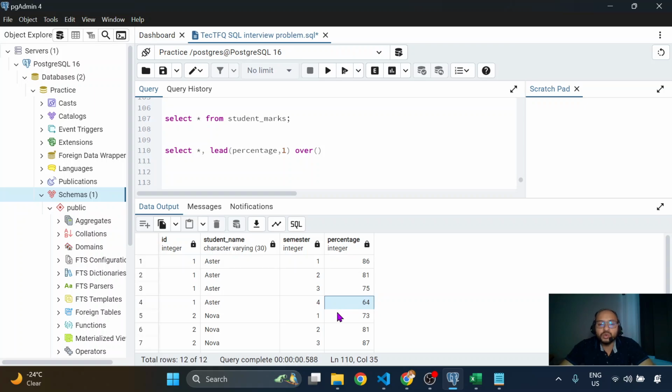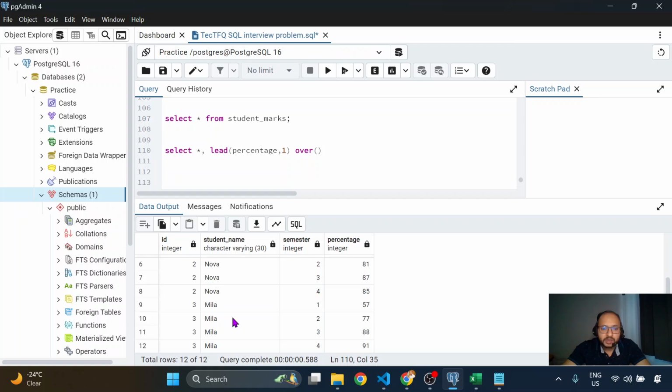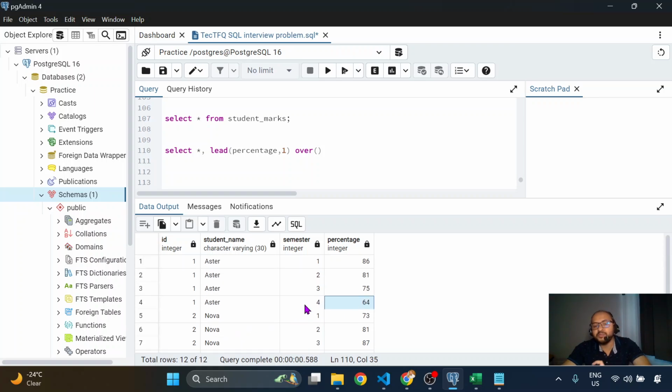So we will partition, so that Esther, Nova and Mila can all be treated separately. We can partition by ID or by student name. Okay, let's do it by ID, from student